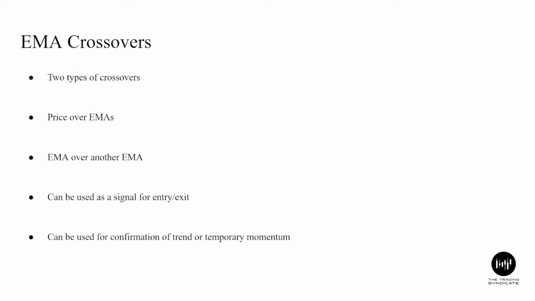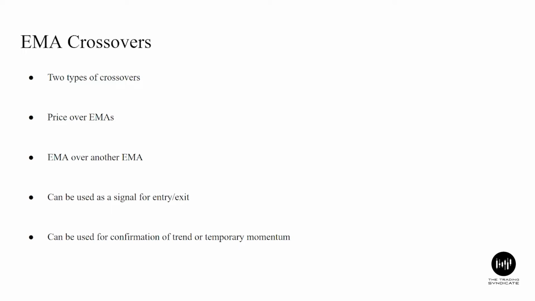In this video, we'll be discussing EMA crossovers. There are two types of crossovers when referring to EMA crossovers. The first being when price itself, or the candlesticks, cross over the EMA indicator line. The second is when one EMA line or a series of EMA lines crosses over another EMA line, either to